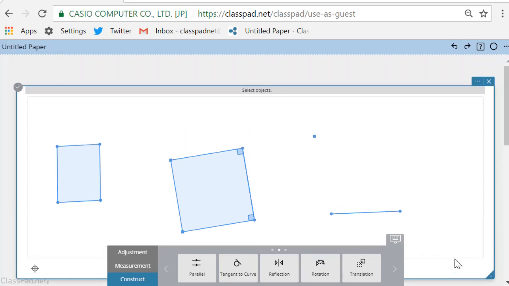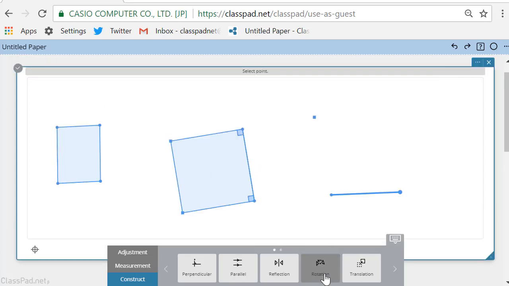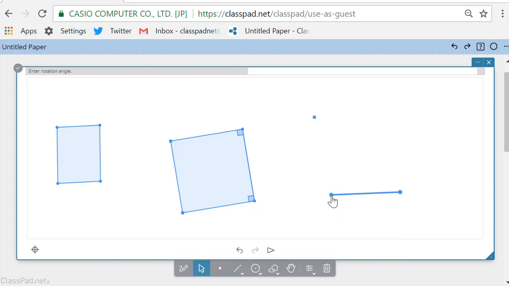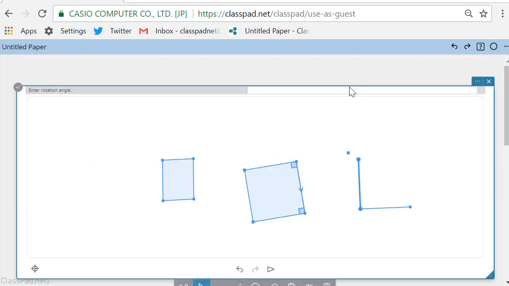And let's remember, I have my little thing. It tells me to select objects. So I want to rotate this and this. And now I have to select a point to rotate around, and I have to tell it a degree. So I want 90. So there I have rotated one of my sides. Now I could just keep doing that. I could say, okay, let's select this object, and I want to rotate, and I'm going to select a point to rotate around, and I'm going to select 90 degrees again, and then we could keep doing that, right?